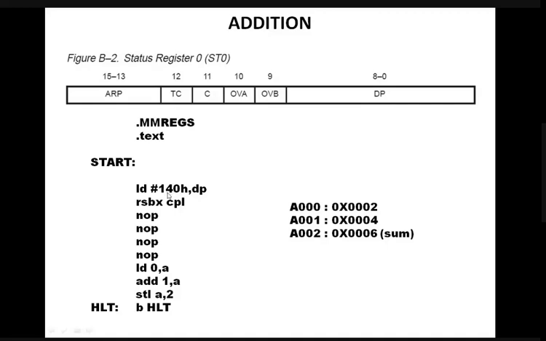So 1010 0000 0 and 0000000 forms a 16-bit address. That is how we can form the address. The MSB 9 bits form the page, and the remaining 7 bits come from the instruction. So 9 plus 7. So LD 0, A means how do we get A000 like this? You will work it out and then you can understand. This is how we can perform the addition operation by using the 5416 processor.